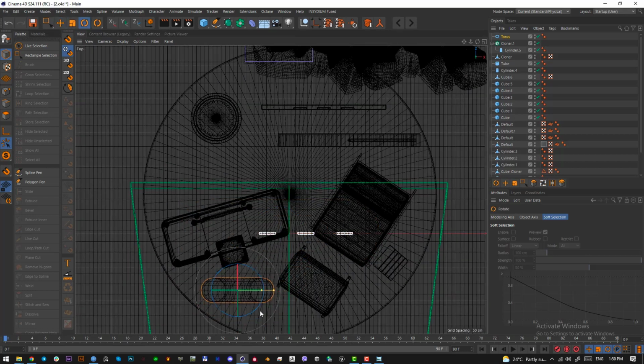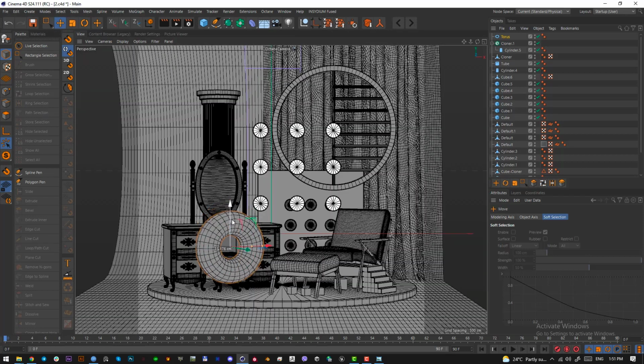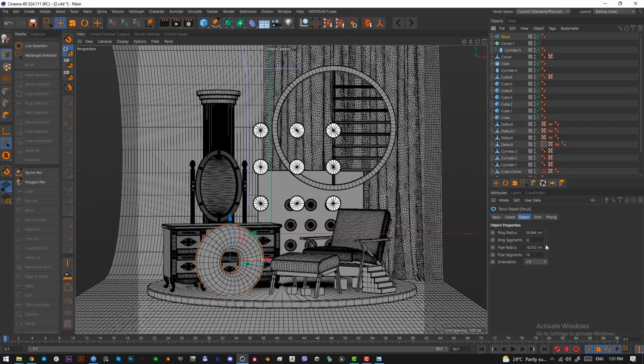Scale it down, put it here, rotate it, move it down. So pipe radius, decrease it. Pipe radius is like this. Okay, slice it. Now we only have the top part, so increase the pipe radius of the top part, and